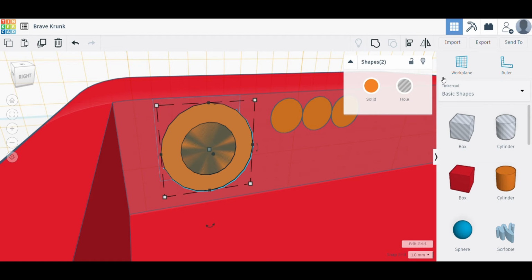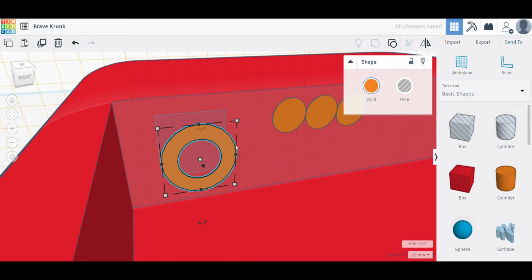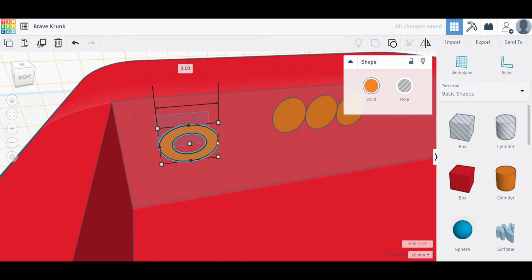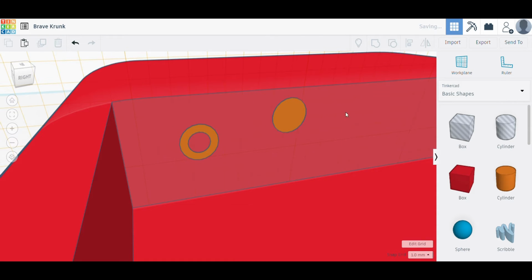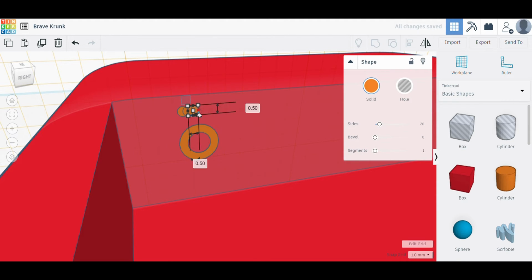Now you can select both of the things together and group it. Now you can see a steering wheel is out here. Now adjust the size of the consoles according to your steering wheel because they should be of less size. This much looks fine to me. You can just duplicate now.